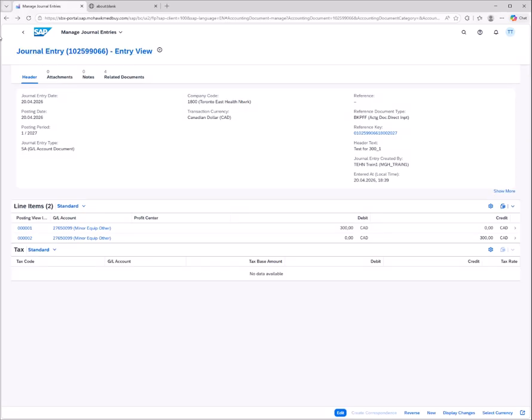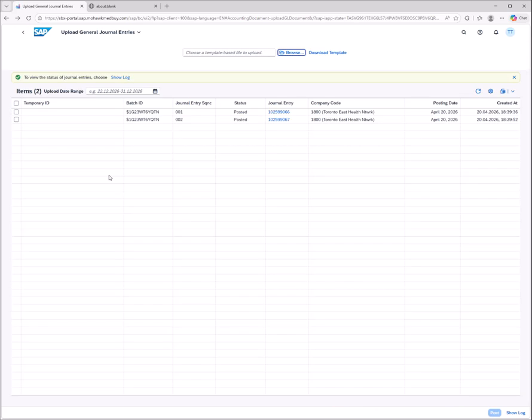So that's it. This is how we upload the journal through an Excel file. And if we want to make a journal entry manually,